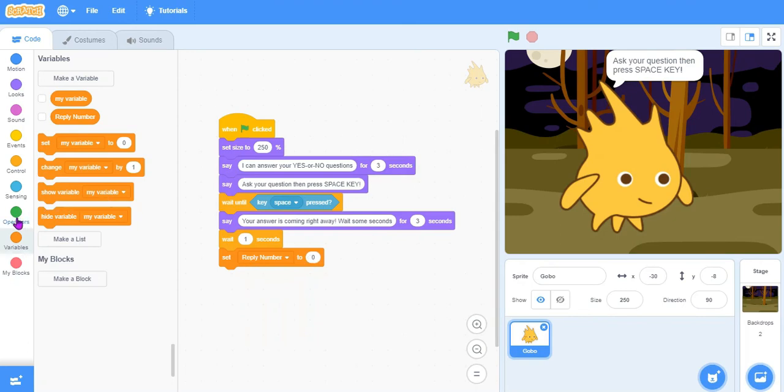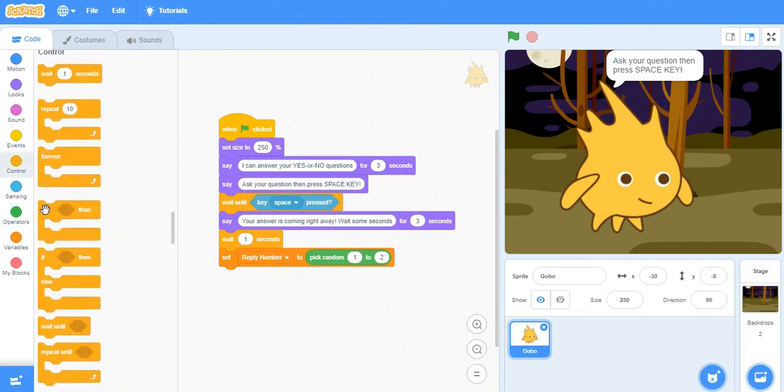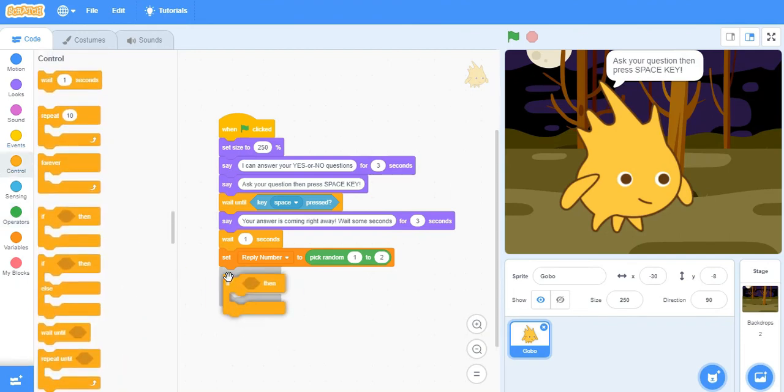what? Let's go to where we're going to get the reply number. What number are we going to get? We have pick random. This is random figures, like a dice. Pick random 1 to 2. So the computer is going to pick any number between the two. You are not going to dictate it. It's the computer that is going to dictate the number. We don't know the number that the computer is going to pick, but here we now want to use